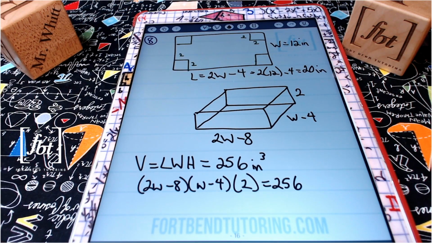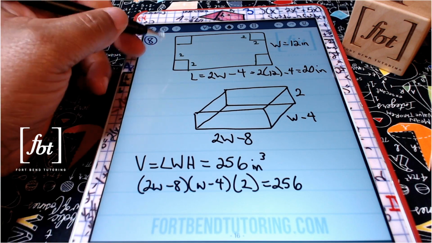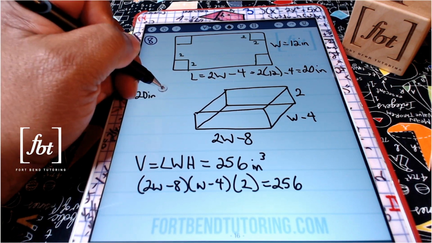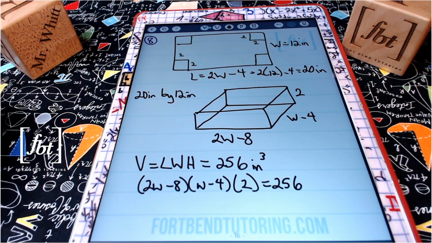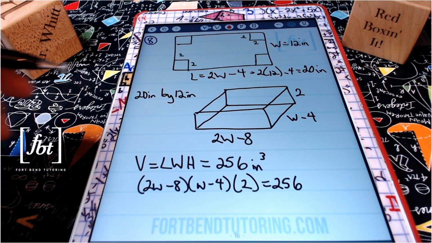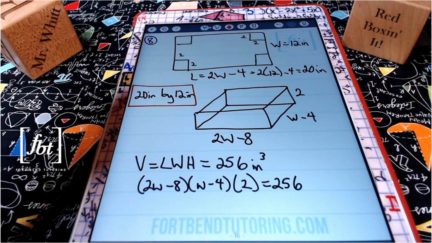So that means that the dimensions of our original rectangle had a length of 20 inches by a width of 12 inches. And that is more fireworks, as well as the answer as we red box it